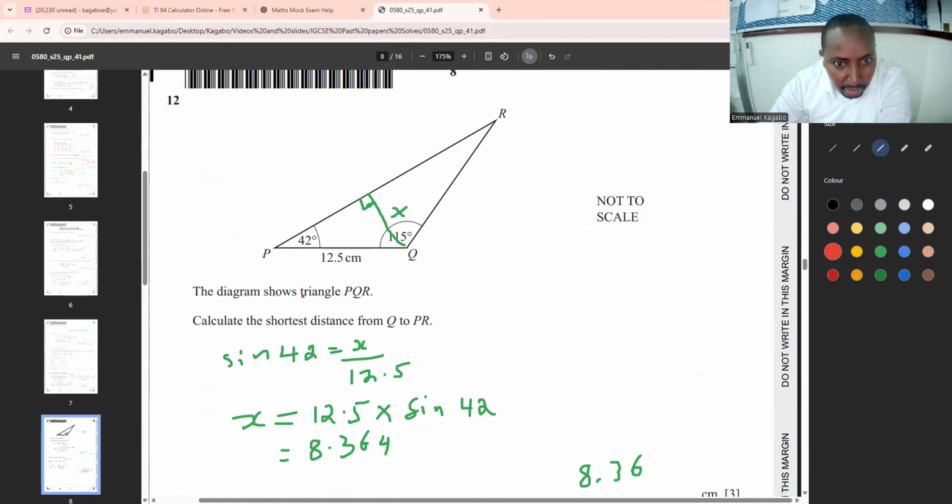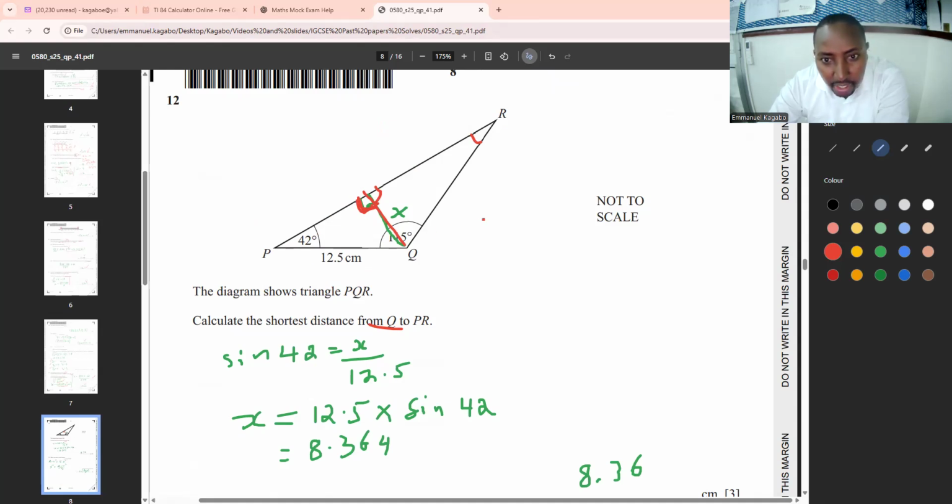very good question. The diagram shows a triangle of this one. Calculate the shortest distance from Q to P. Okay, this is the shortest distance because they said from there. Now, normally whenever they say shortest distance, you move from PR, you come to Q, and then you're going to make 90 degrees. Even here it's 90 degrees, guys, but I didn't have an angle here. So I preferred picking this right angle triangle. So opposite,